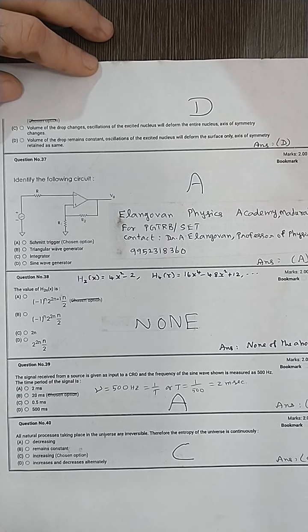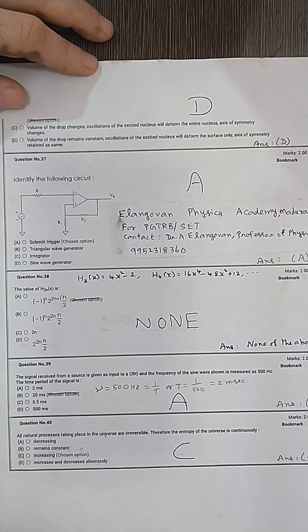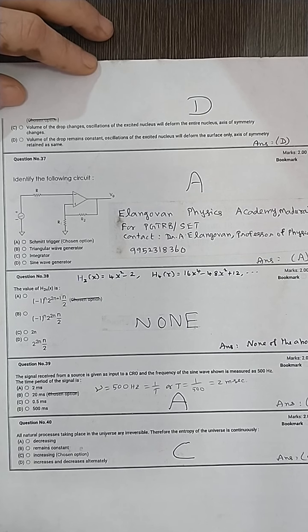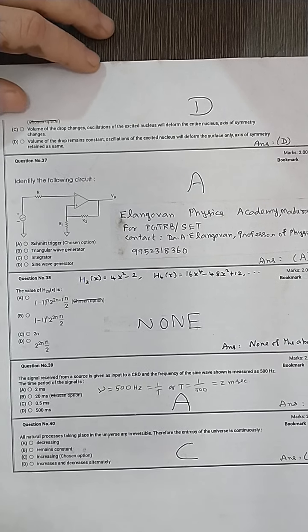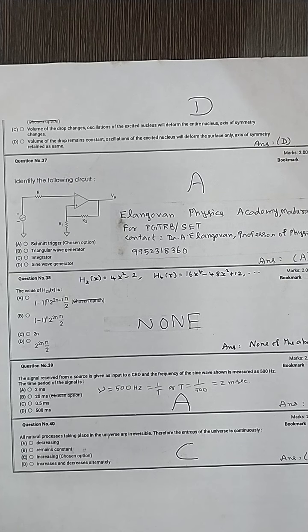Question number 40. All natural processes taking place in the universe are irreversible. Therefore, the entropy of the universe is continuously increasing. The entropy must be increasing. So these are the possible answers for the